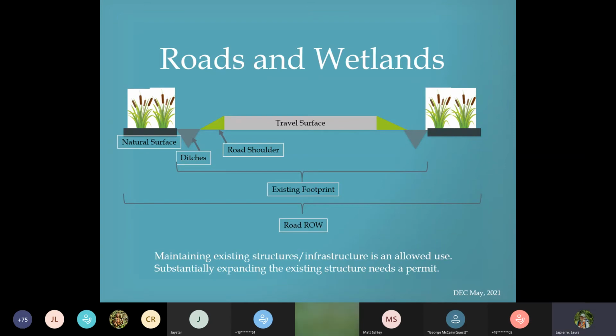If you work within the existing footprint of the roads, ditches, road shoulder, travel surface, that is an allowed use. The entirety of the road right-of-way is not considered an allowed use to impact. There are a lot of road right-of-ways with no roads at all, and that would need a permit to put in a road or a stormwater structure.